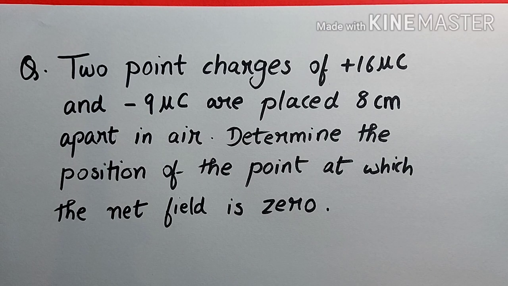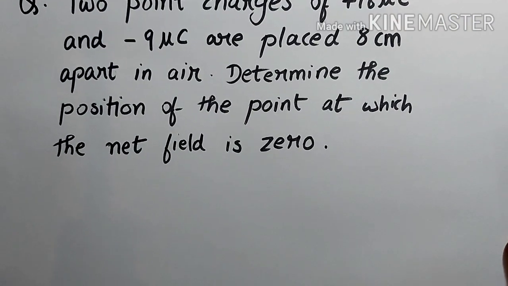Welcome back. The question for today is: two point charges of plus 16 microcoulomb and minus 9 microcoulomb are placed 8 centimeter apart in air. Determine the position of the point at which net electric field is 0. In short, the question is about